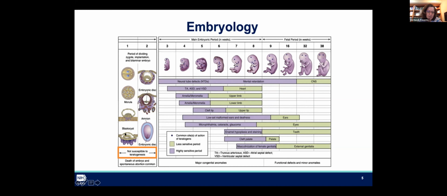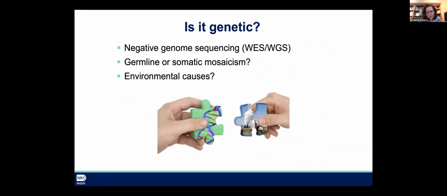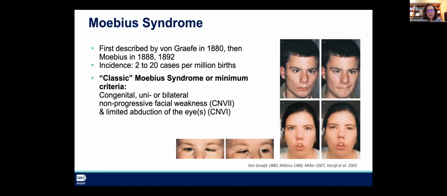Early defects in early pregnancy usually result in an aborted fetus, so not necessarily teratogenesis. Many of these syndromes have genetic causes, many don't. So many times we have negative whole exome or genome sequencing in some of those syndromes, and we postulate, is it a germline or somatic mosaicism, or is it a combination between genetics and environmental interaction, or a toxic effect in utero. Moebius syndrome is this combination of facial weakness, so cranial nerve 7 palsy, and then cranial nerve 6 palsy,